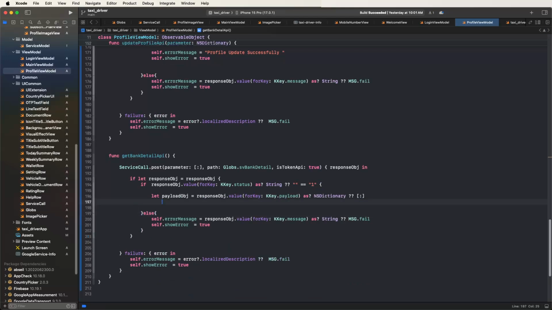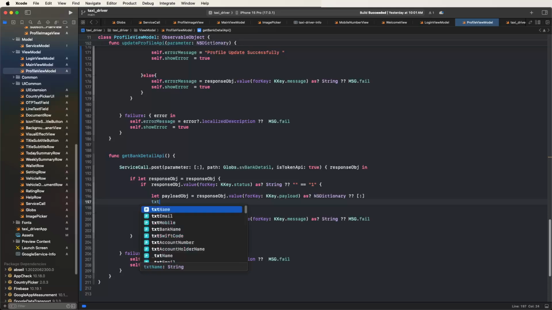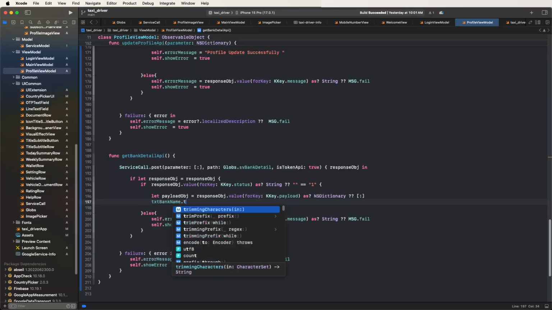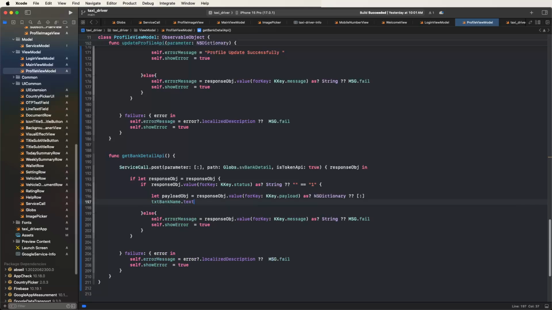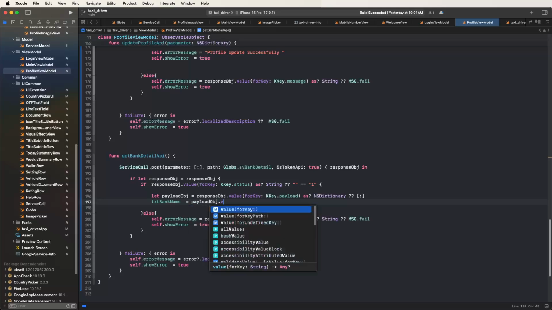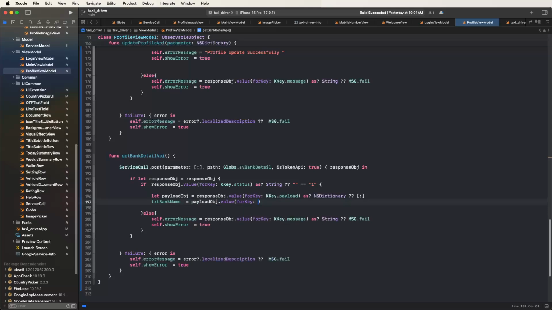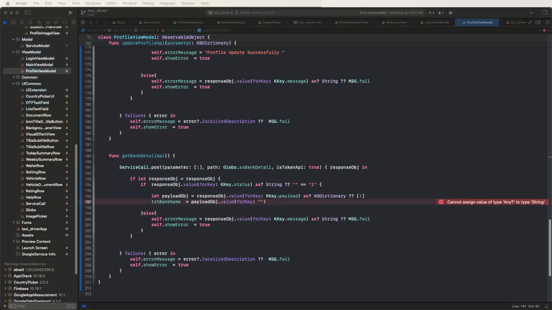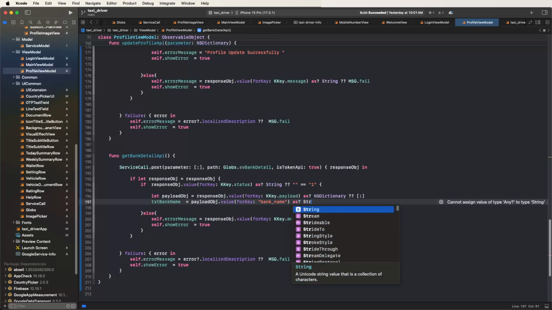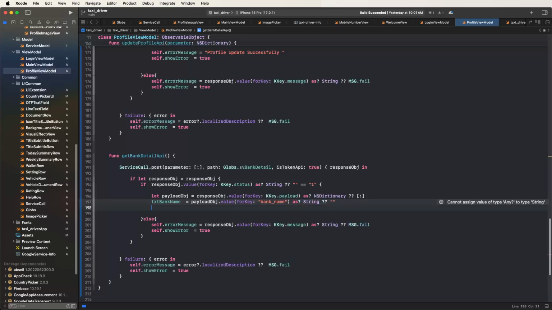like this, and now one by one set the txtBankName dot text equal to, need to write down the payload value for key, and write down the key names inside double quotes. First of all, we need the name, bank name, as I need to pass an optional string like this, then txt